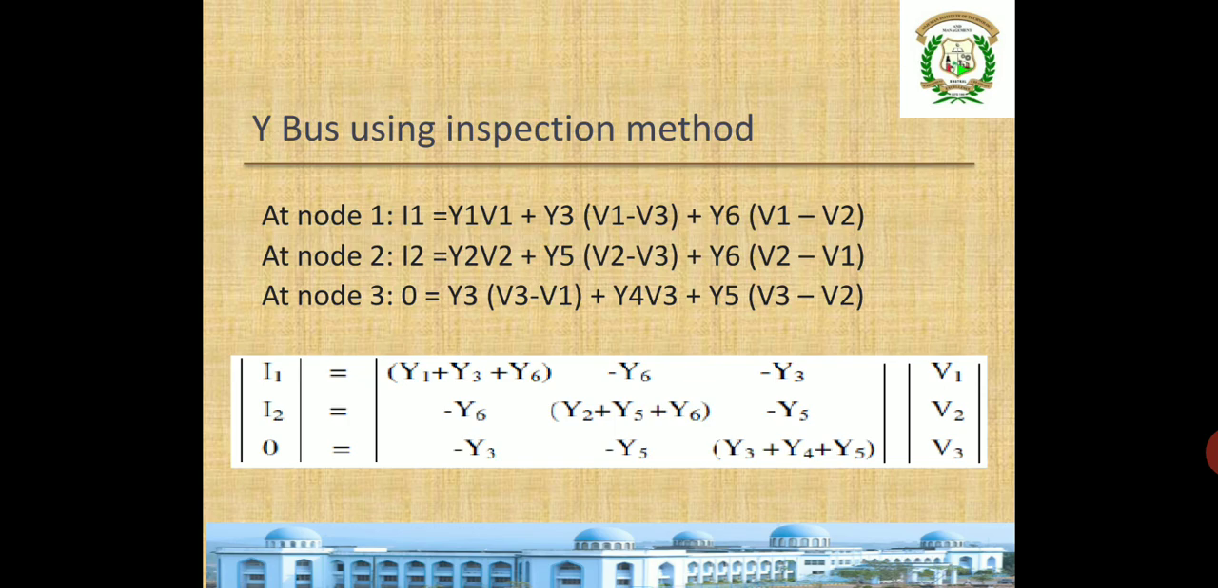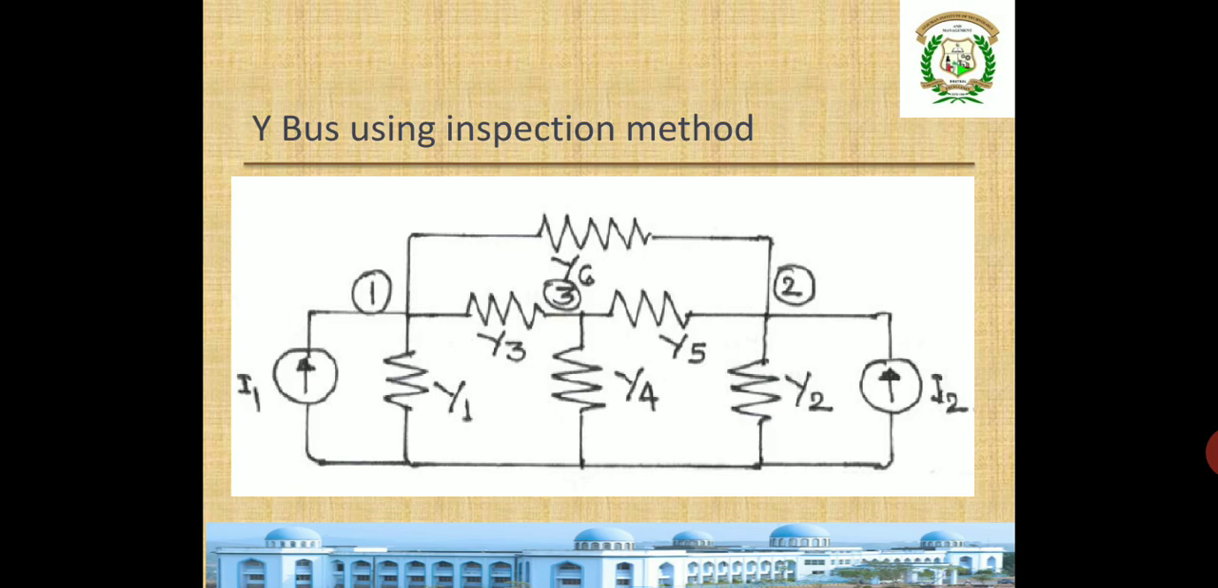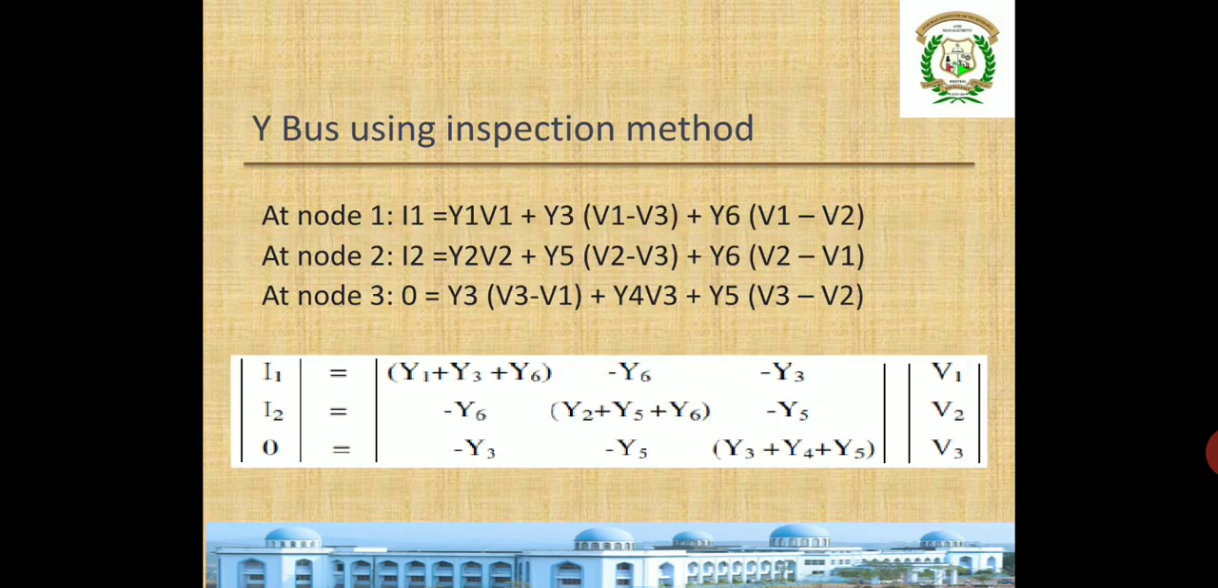At node 3, you can see here, no external current sources are there, but 3 elements are connected, Y3, Y4, Y5. I write 0 is equal to, since there is no external current, Y3, the element connected between 3 and 1, so Y3 into (V3 minus V1), plus Y4 V3, the element connected from node 3 to reference node, plus Y5 into (V3 minus V2). So totally we get three equations for three different nodes by applying